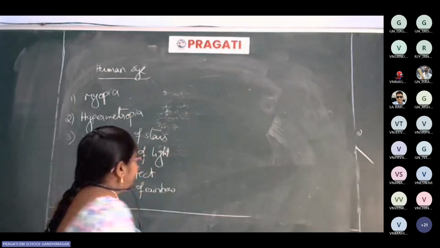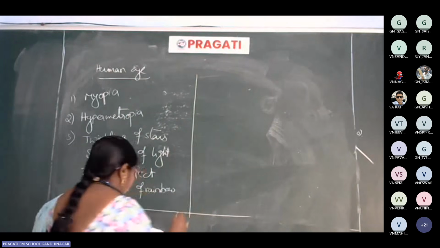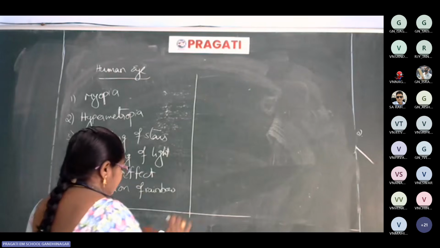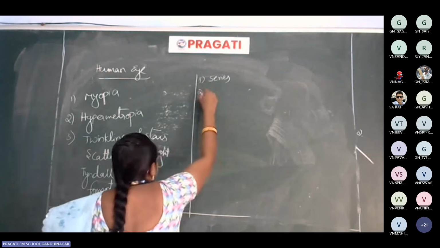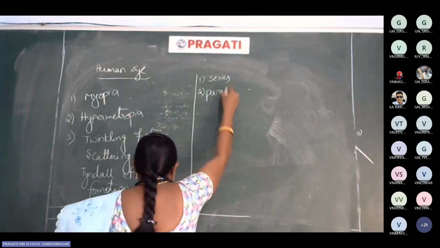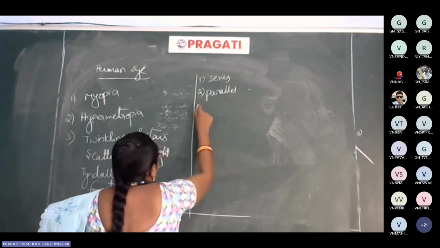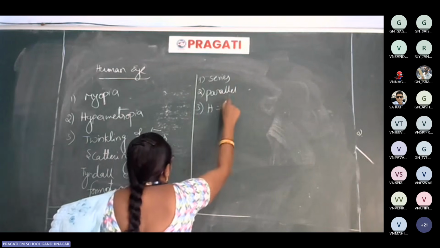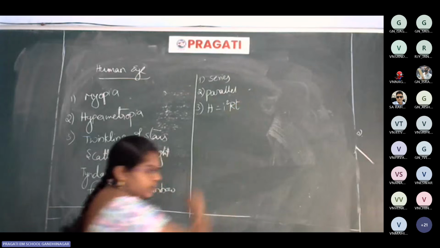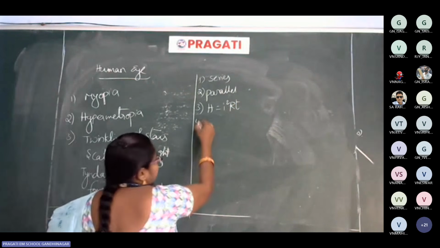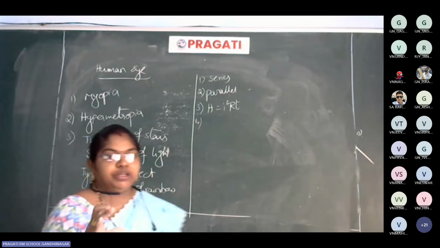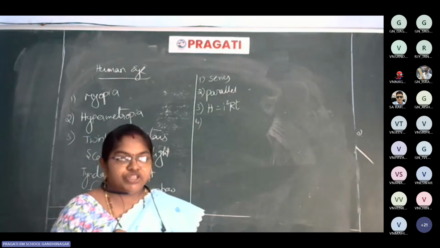Next, for this question, we have from electricity. One is a series combination and another one is a parallel combination. And C, derive H is equal to I square RT, Joule's heating. Derive H is equal to I square RT. Next, in this question also we will get explain the following terms: electric current, potential difference,